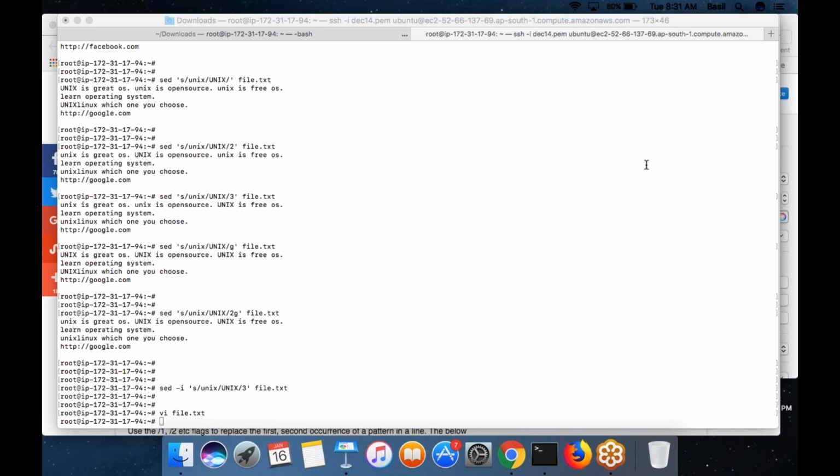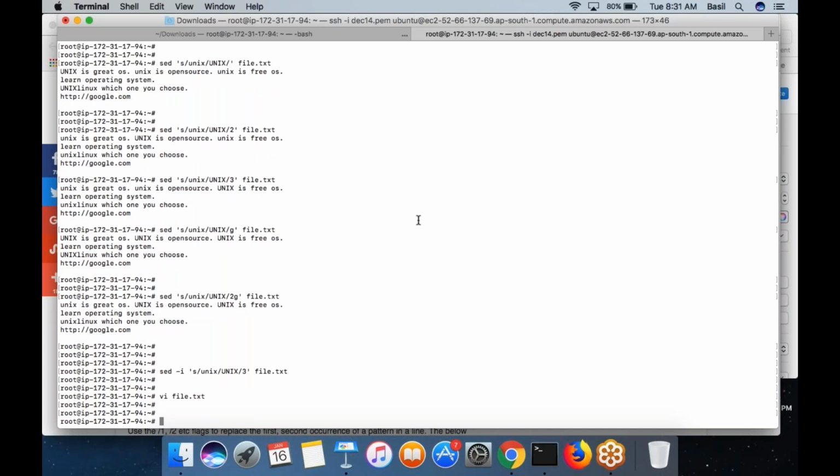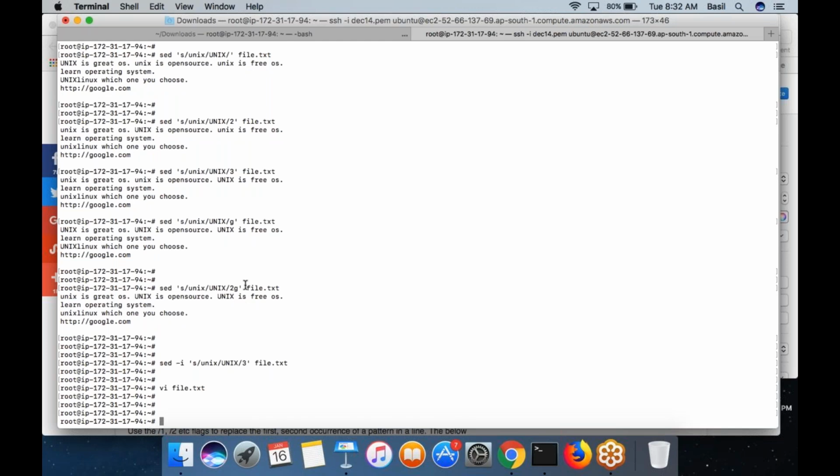Yeah, there can be many commands which can replace this. It doesn't really matter which command you want to use; all you need to care about is your output. There can be many commands that can do find and replace in Linux, and many of them support regular expressions also. So this is one operation that you can perform using the sed command: find and replace.